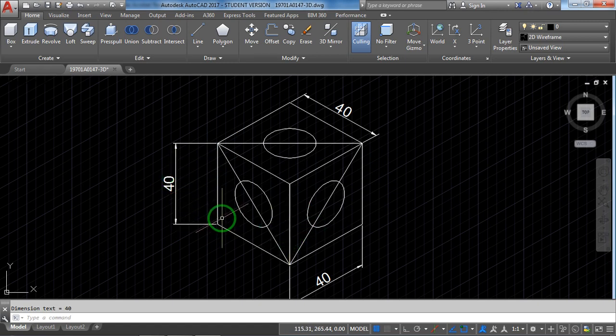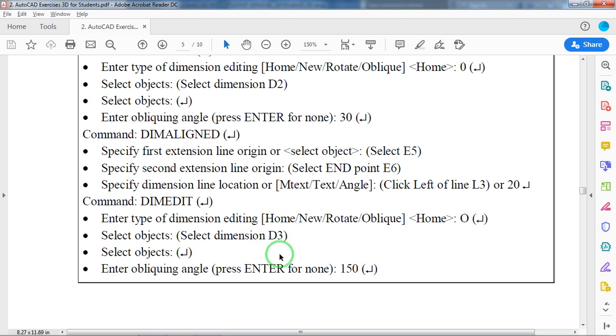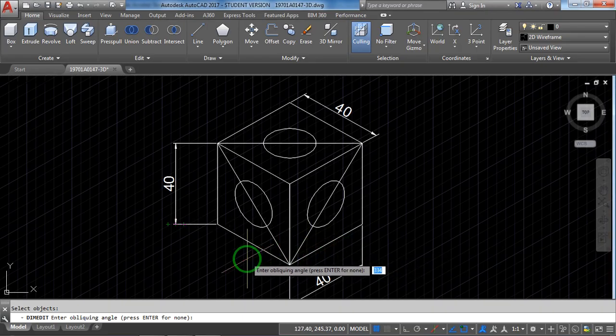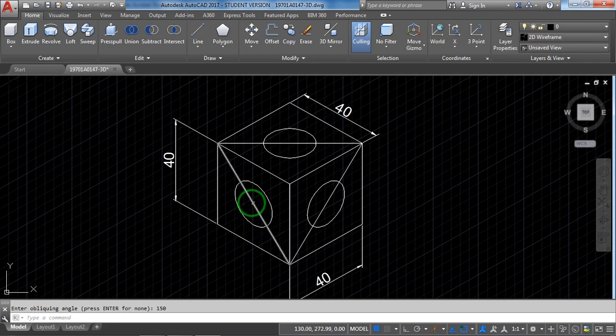How to edit that? Dim edit, oblique. Just type O and enter. Select dimension. After selection, it will become dotted. Enter. Angle. What angle do you think? 150. 150, enter.